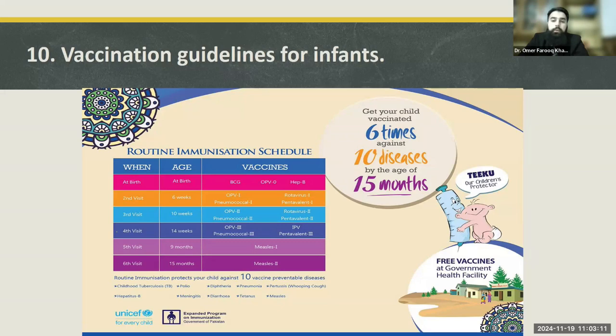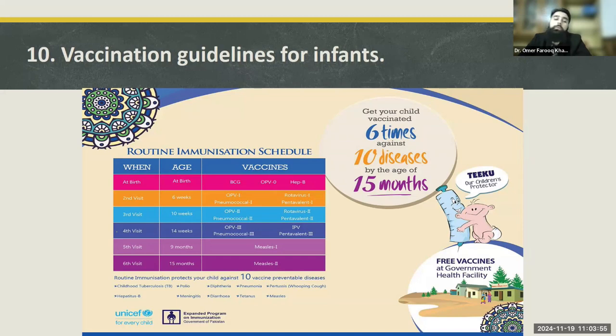So at birth, BCG is given in the right deltoid for the protection from childhood tuberculosis. Then oral polio vaccine is given in Pakistan and Afghanistan and now in Palestine as well, because of the re-emergence of polio virus in the children of Gaza, due to the continuous bombardment of Gaza and all of the humanitarian crisis due to the Israel-Palestinian war. So oral polio vaccine is being given in Pakistan, Afghanistan, and Gaza. It is oral polio vaccine.